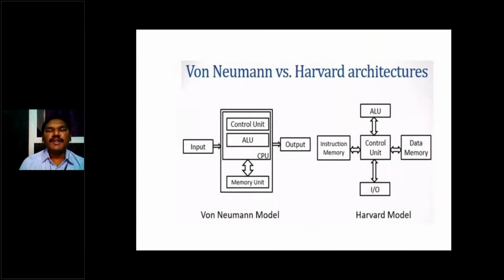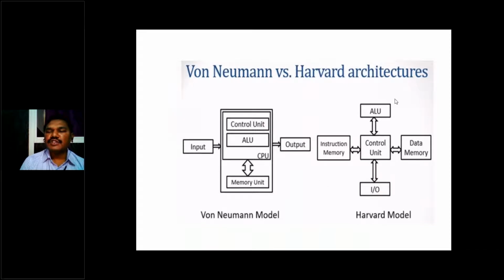So this is the Von Neumann versus Harvard architecture. This is the Von Neumann model, and this is the Harvard model. Von Neumann model means only one memory unit. This memory unit has RAM memory and ROM memory, and they share only one single line, meaning one address line and one data line. But in the case of the microcontroller's Harvard architecture, program memory and data RAM memory are separate. The program memory has its own address lines and data lines, and the data memory also has separate address lines and data lines. This is what we call the Von Neumann model and Harvard model.